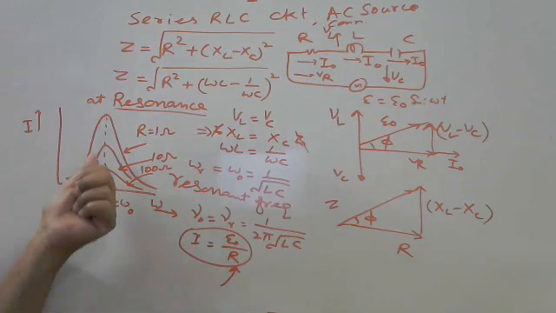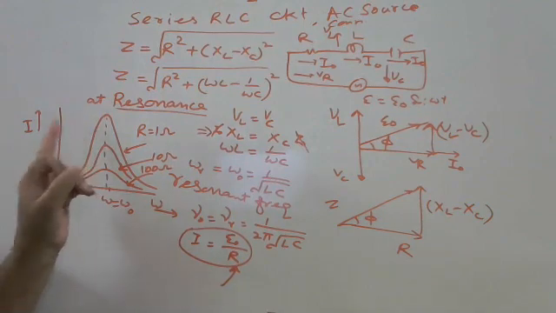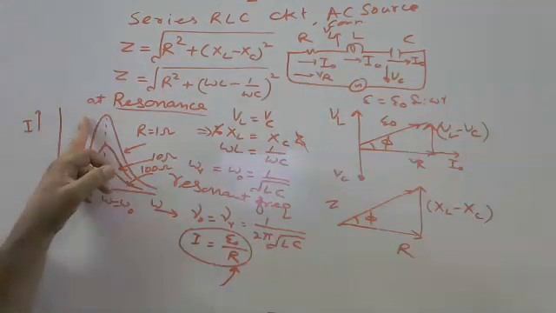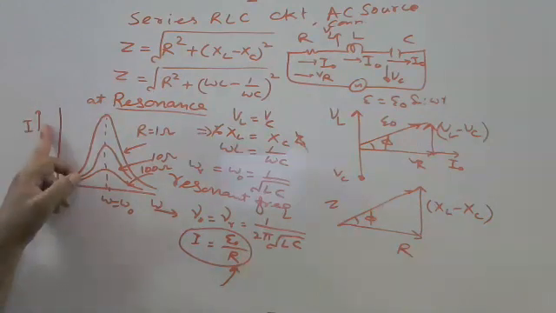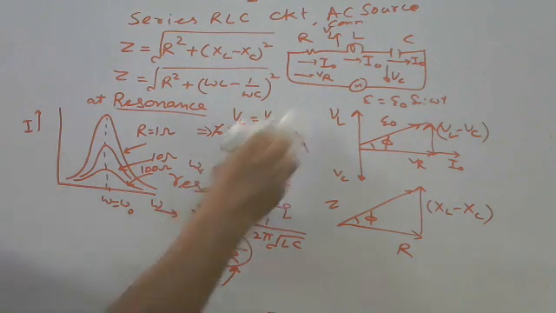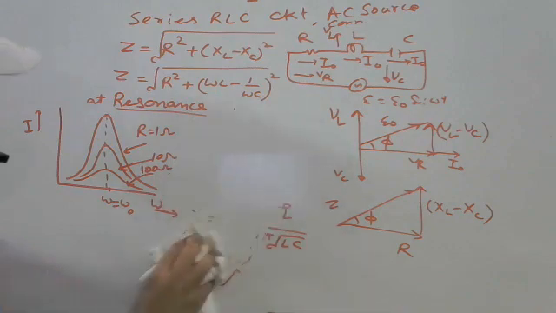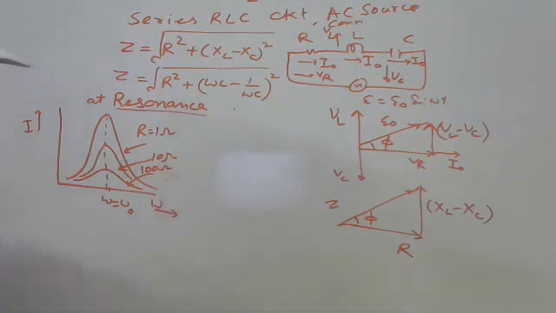We can define a new term here called quality factor or sharpness. Sharpness gives you this information: if this curve is sharp, then resistance is less, current is more, power is more. It means the quality factor or the sharpness here will show that.